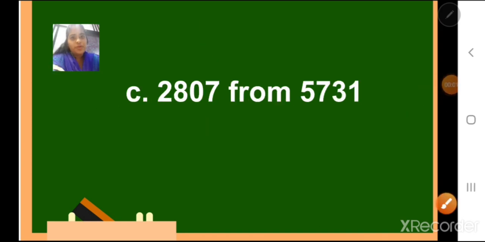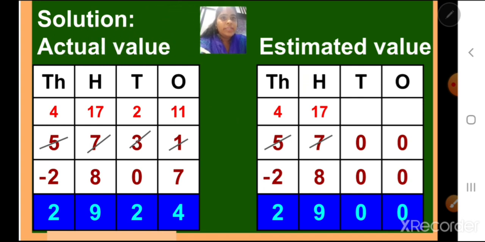Now let us move on to C sum, which is 2807 from 5731. Children, first we have to find the actual value. For finding the actual value, you have to write the numbers in the proper place and then subtract. Now this sum I have already done for you. Please go through it. The difference of 5731 and 2807 is